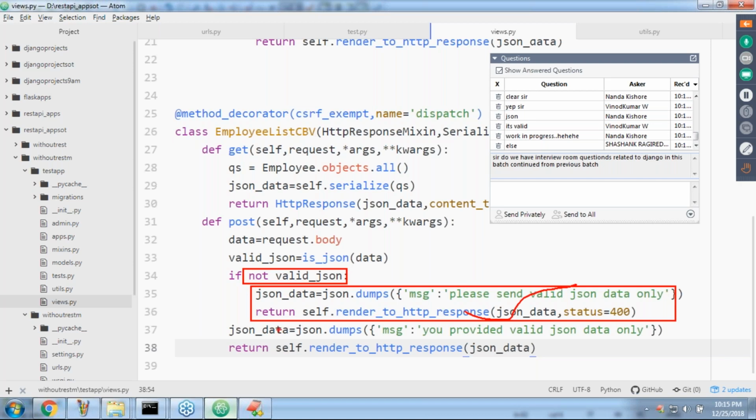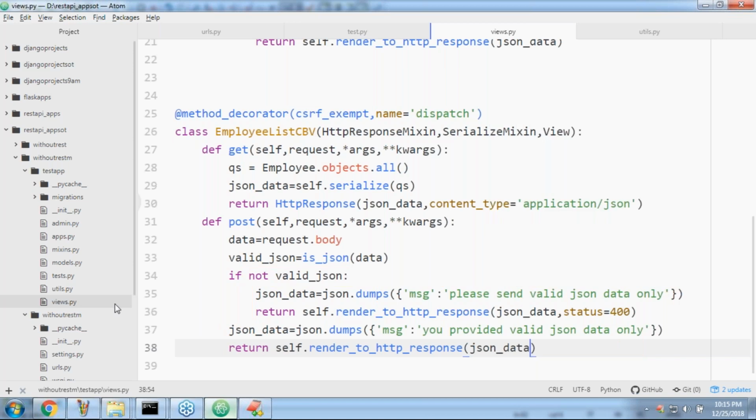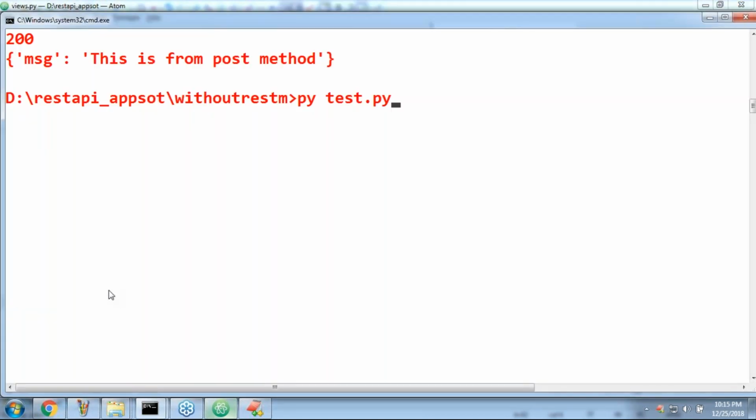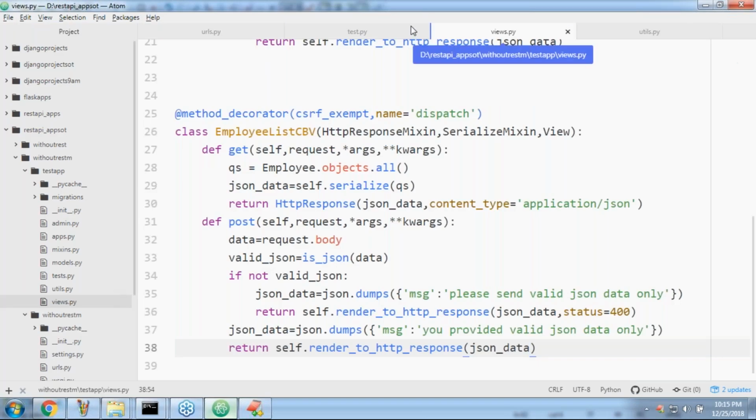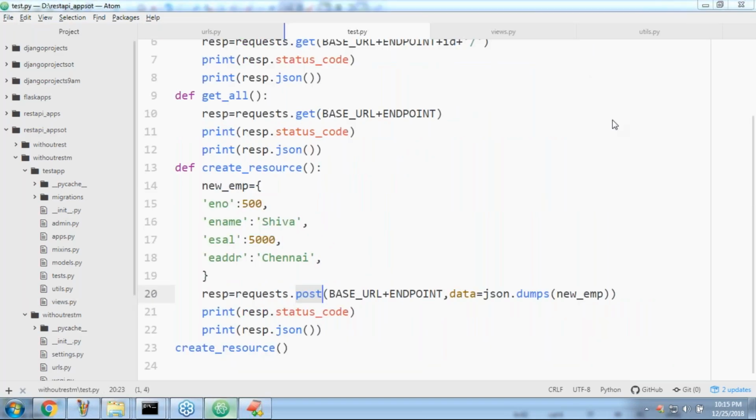If the control still comes to this part, it means the condition is not satisfied. Now have a look: 200, you provided valid JSON data only. Excellent. Now let me make a small mistake. Here let me remove this json.dumps.